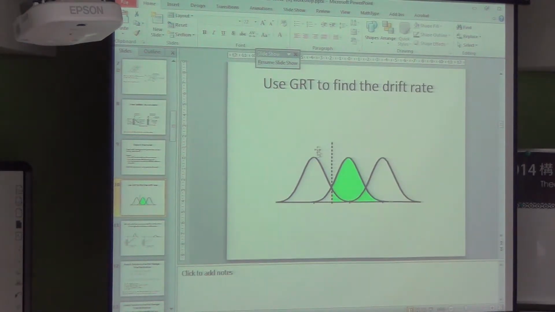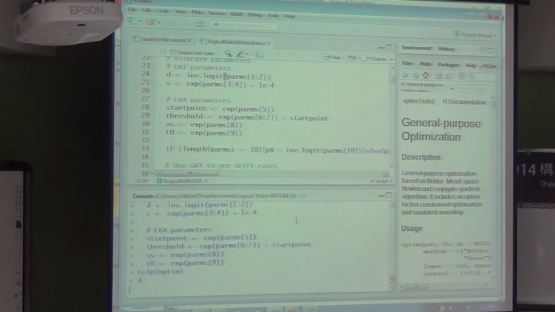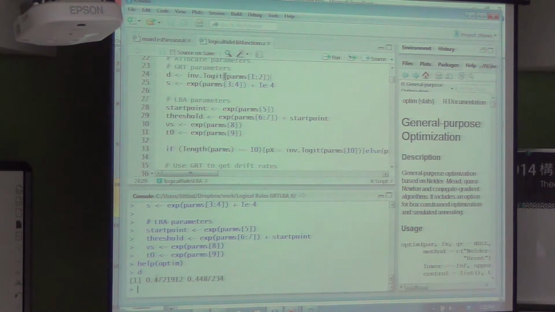And that is going to be allowed to move back and forth between 0 and 1. So all I've done is taken a logit transform of that decision boundary parameter so that it can vary between minus and plus infinity, and then I've taken the inverse logit function inside the function to transform it back to between 0 and 1. So if I look at that parameter value inside the function, you can see that it's around 0.5, roughly halfway between the two stimuli. So 0.47 and around 0.45. Those are my two boundaries, the first one on the x dimension and the second one on the y dimension.